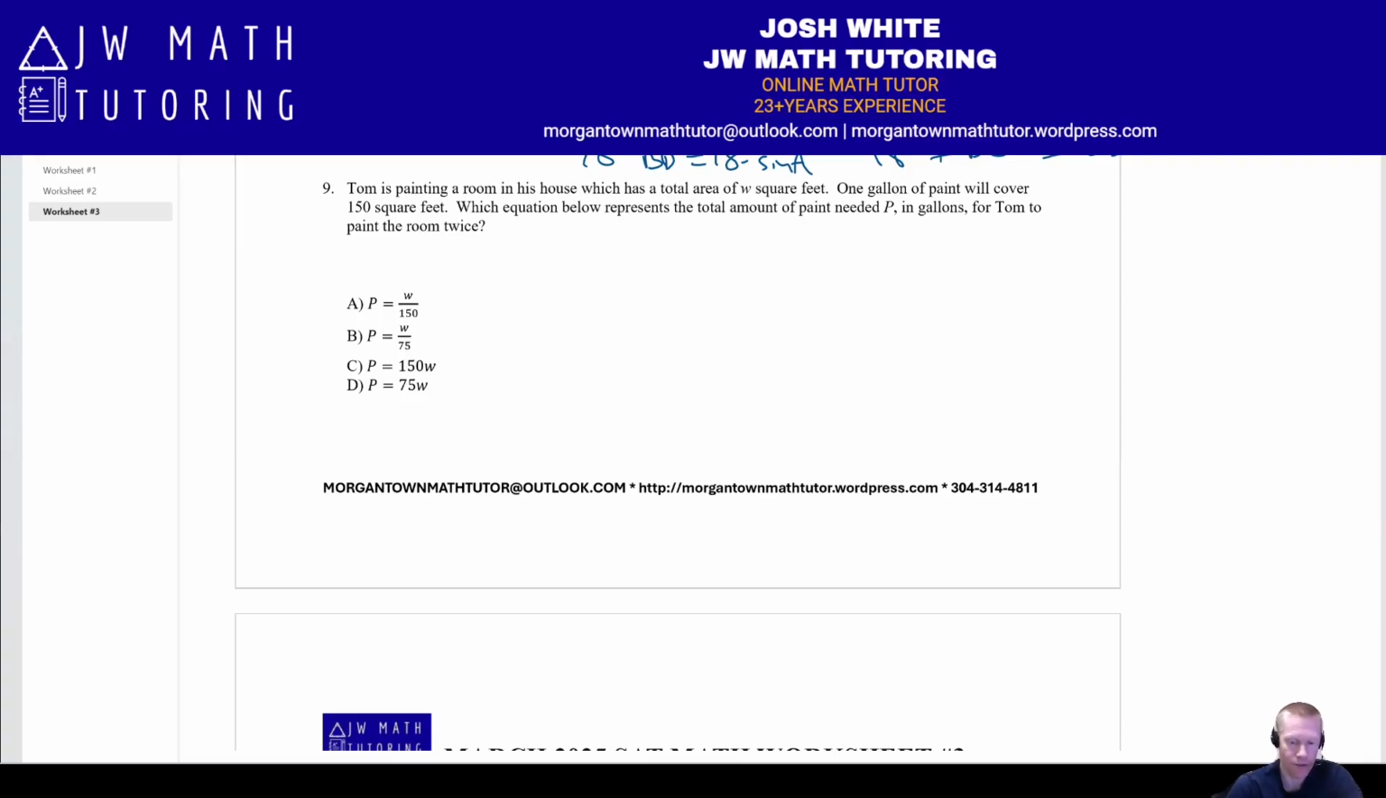Okay, so one way to think about this is doing unit conversions, which is to say, okay, 1 gallon will paint 150 square feet. That tells us in the problem. Then, how many square feet does he want to paint? Well, the total area of the room is W, but he wants to paint it twice, so that means it's